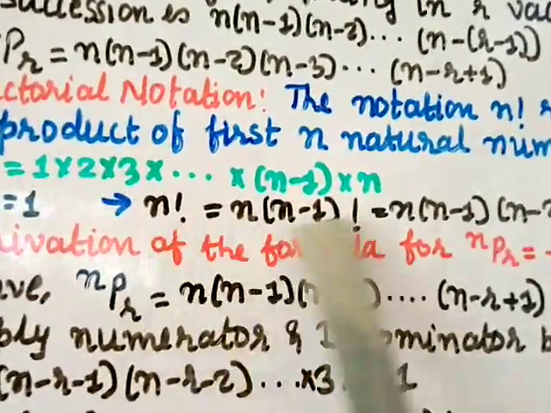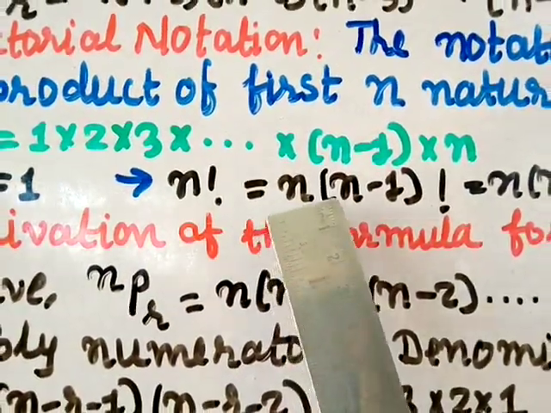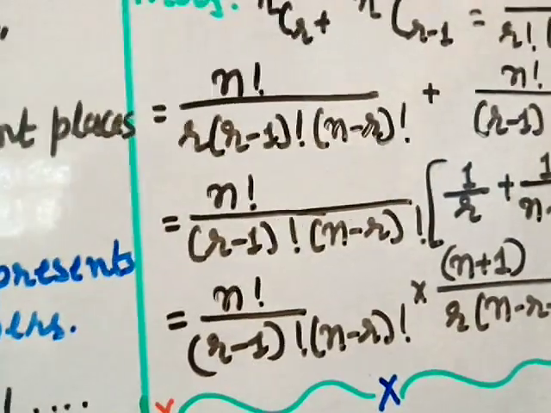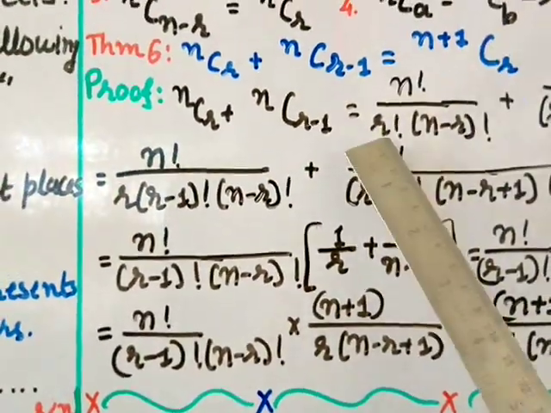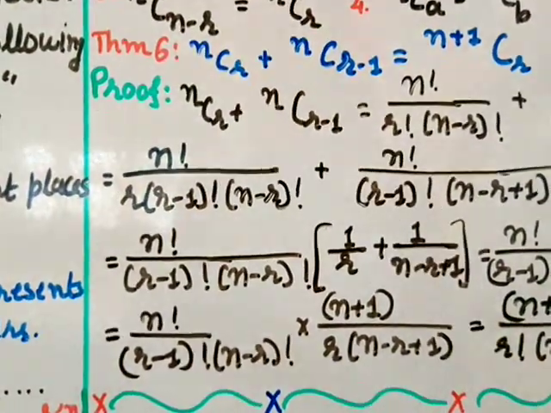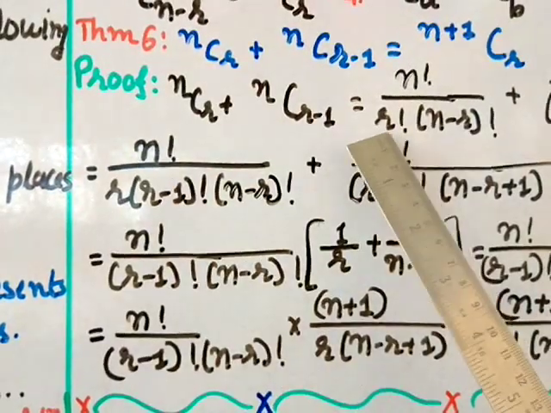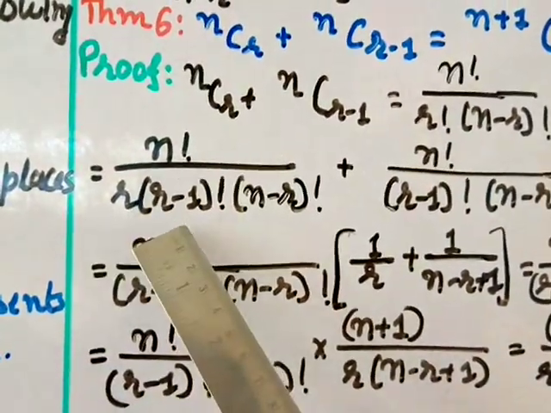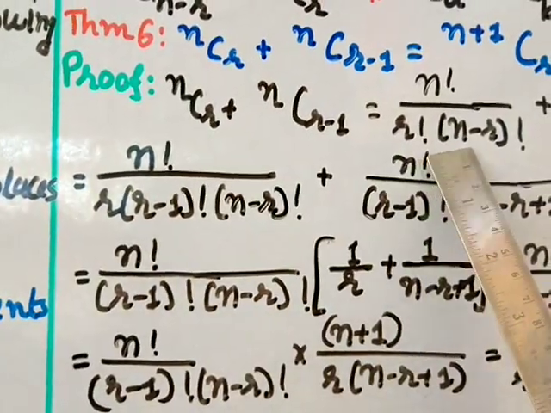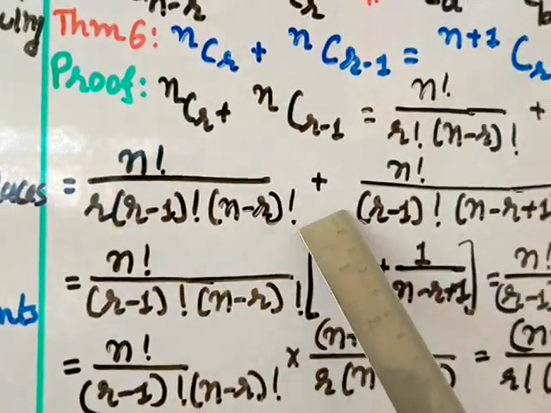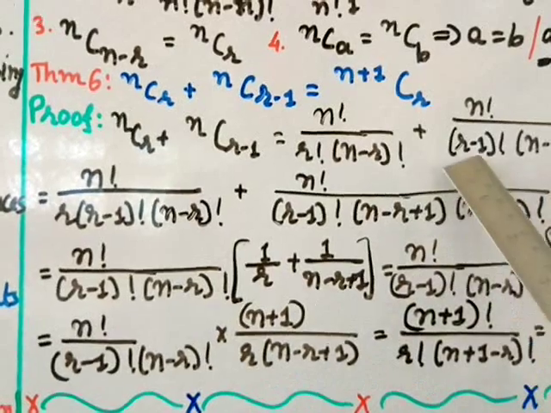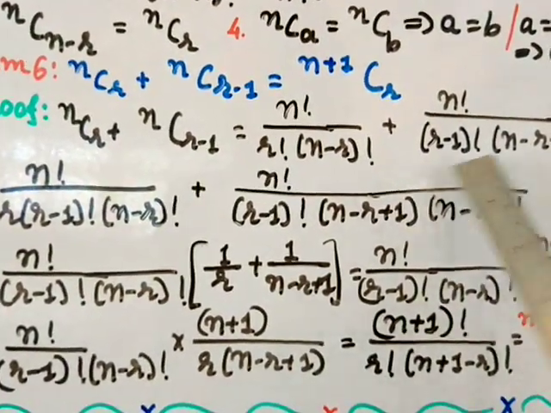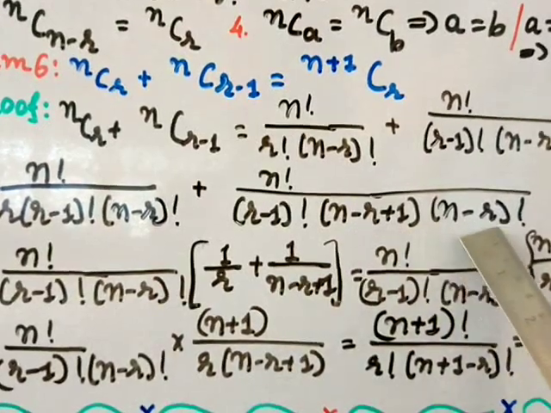So I am going to use the first part, n factorial is equal to n into n minus 1 factorial. I am going to rewrite not the n factorial, but this one, using the same result. So n factorial divided by r factorial, using that same result I write r factorial as r into r minus 1 factorial, and this I keep as it is, n minus r factorial, plus n factorial as it is, r minus 1 factorial as it is, and this I write using the same principle, n minus r plus 1 into n minus r factorial.